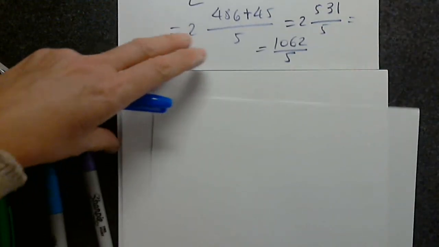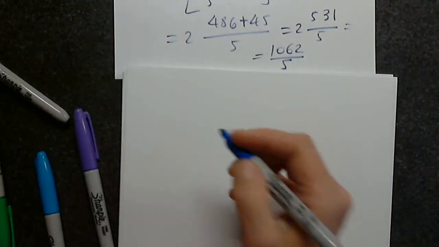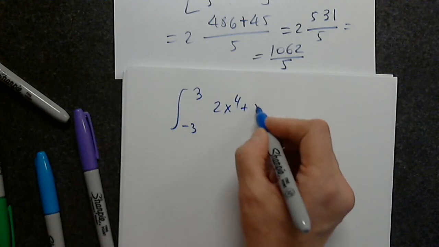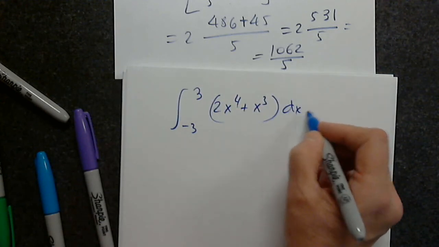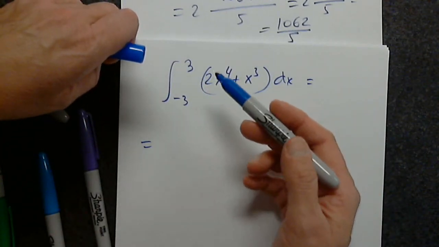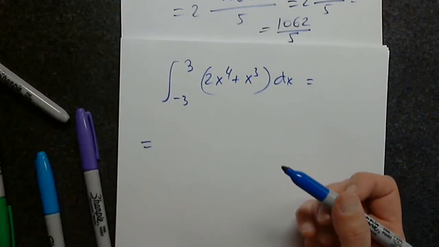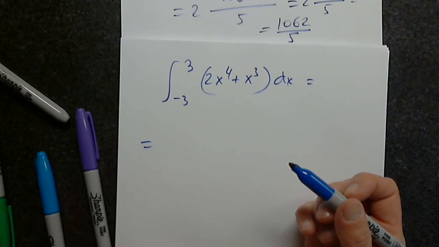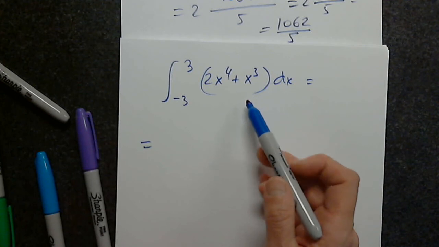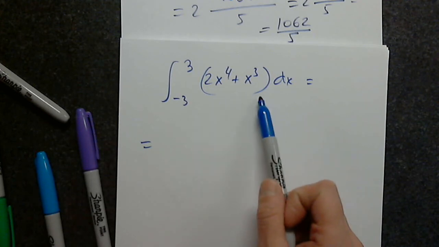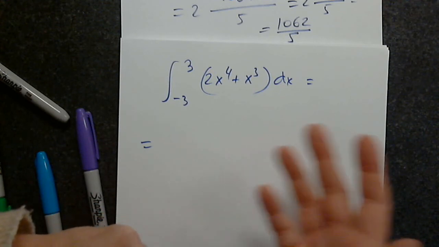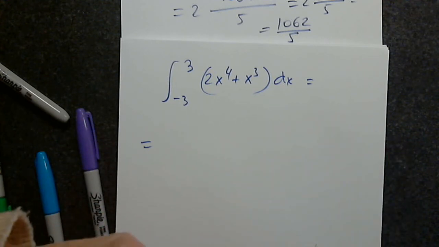So I think you're saying that what happens if I have the integral from negative 3 to 3 of 2x to the 4th plus x cubed? No, what I'm saying is if you were to break that up into 2 like that, using properties, could you just ignore the x cubed because it's odd, and calculate that? You could. Yes, you could. And that would be 0. I see what you mean, yes.